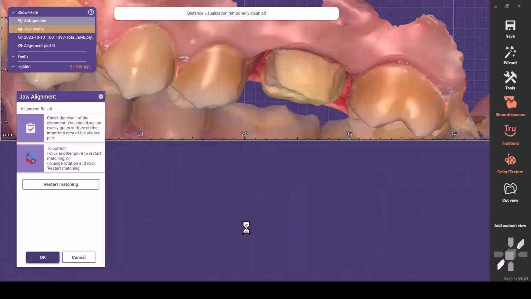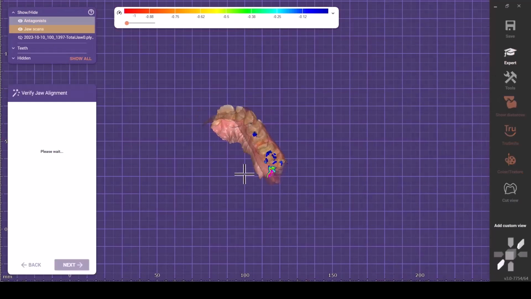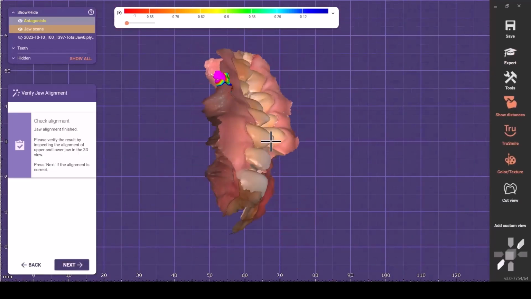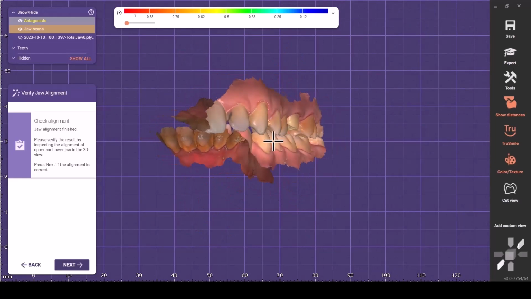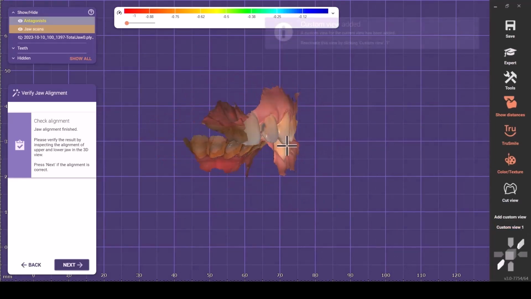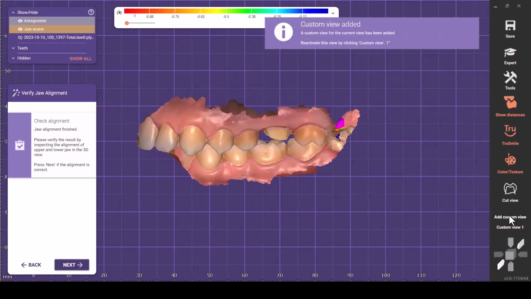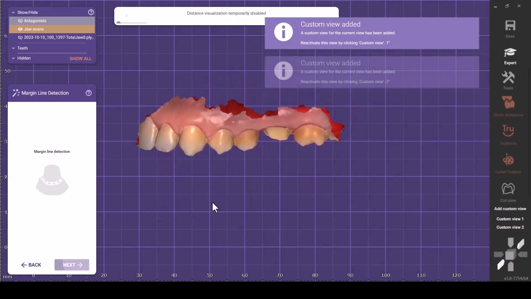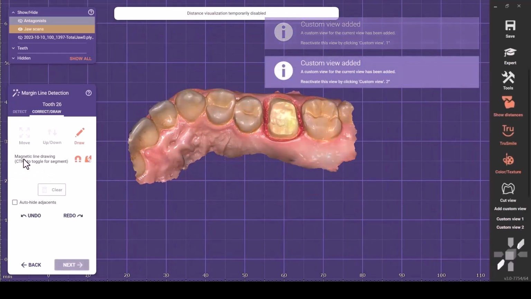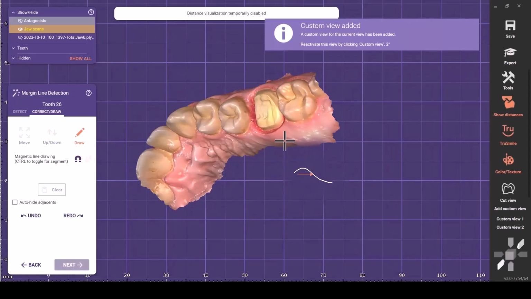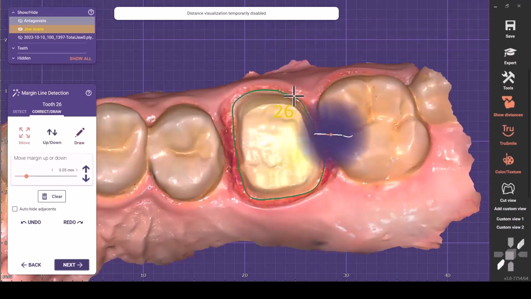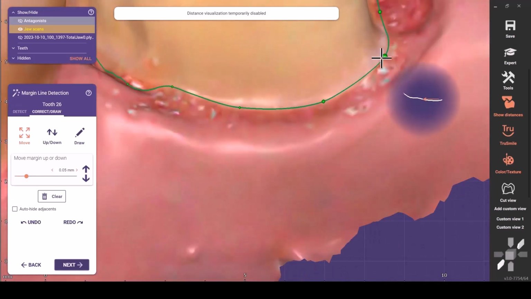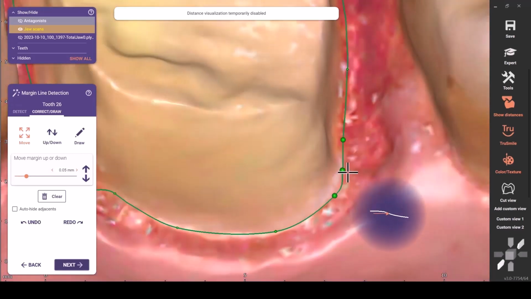Here we have a perfect alignment, so we go back to the wizard and check our jaw alignment as a verification. I'm also adding custom views, as the custom views will help you during your tooth placement. Going back to the margin line detection in wizard mode, I switch off the magnet, and I'm adding the points now, and going back to adjust these points,